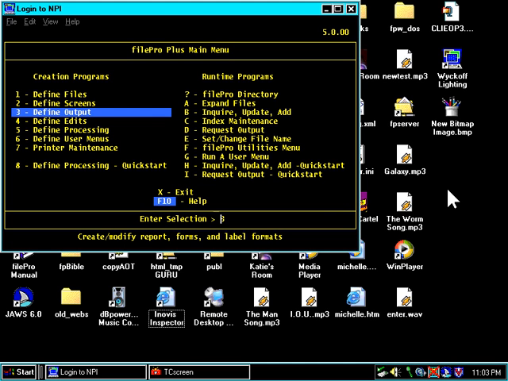Okay, the first thing you need to know about FilePro is that it is not mouse driven. FilePro is character based and keyboard driven. Only if you have FilePro GI, the FilePro graphic interface version, do you have any availability of use with the mouse. You can use the mouse to click in fields and do things with the FilePro GI version. But for the large part, most people are using standard FilePro, and the mouse is not usable inside the FilePro